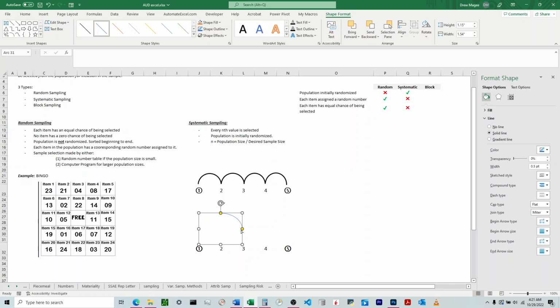And we'll see we have two yellow circles here. And so these yellow circles control where the arc begins and ends. So we're going to take this top yellow circle here and we're going to drag it over to the left, and that's going to create that arc. And then we can move it around by clicking on the little box here and controlling the size of it